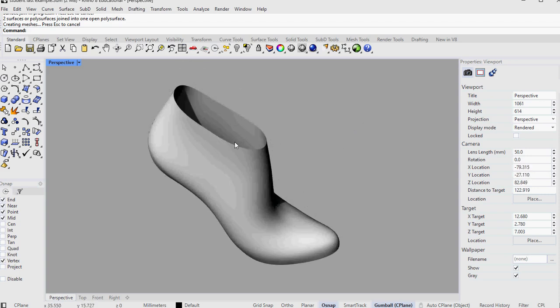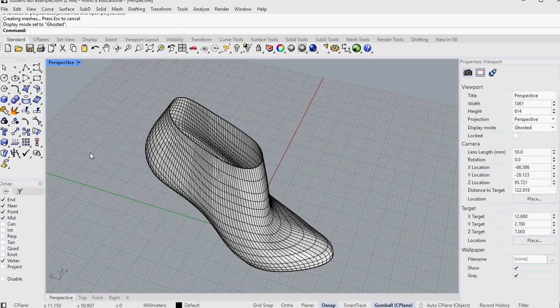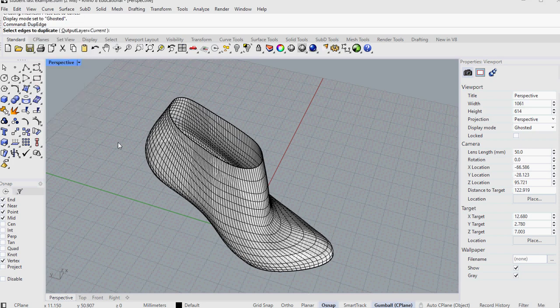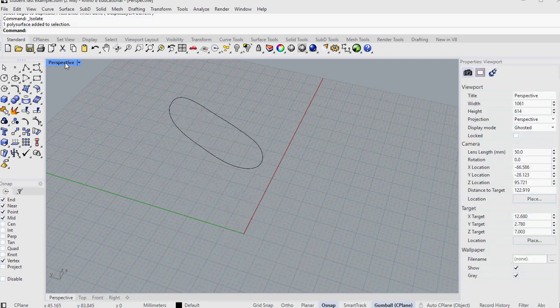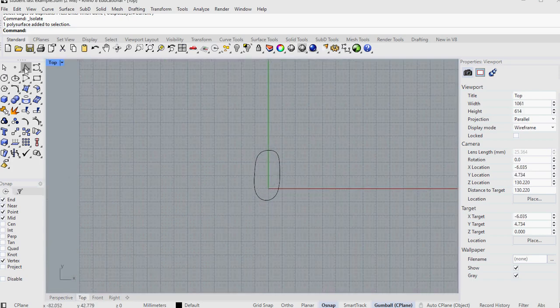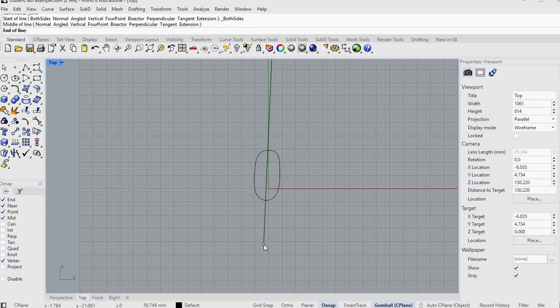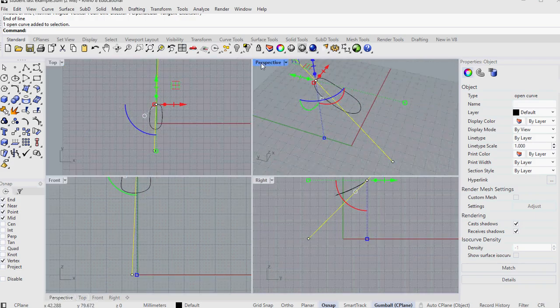I could do the same thing, right? I could run dupe edge here. In fact, why don't I do that? I'll say ghosted, and now I'll type in dupe edge, and I'll hit enter, select that edge, hit enter again. I'll do a quick invert hide. I'll go to my top. I'll go line from midpoint, click, drag it across through the middle. That looks pretty good. And then I will go to my perspective,